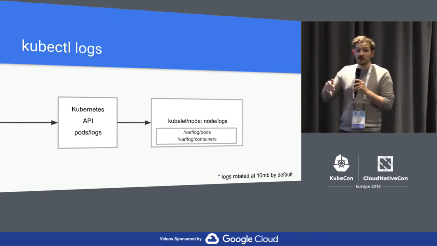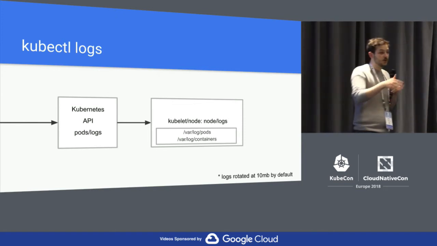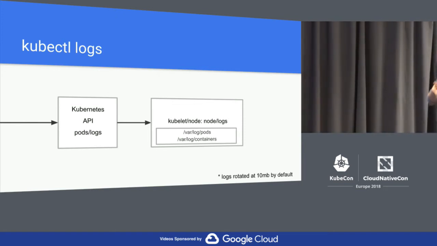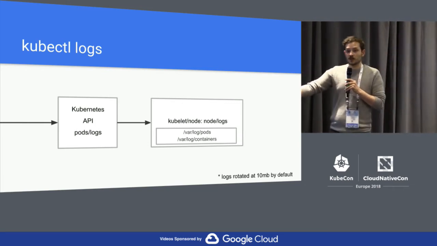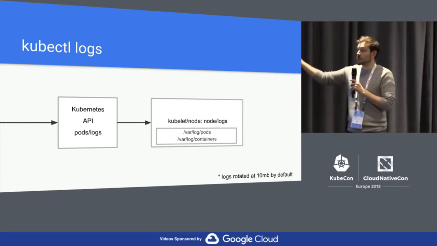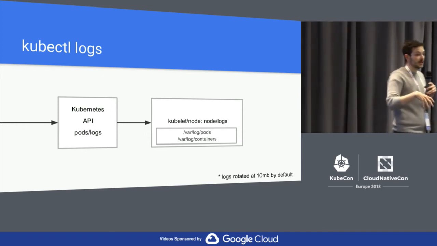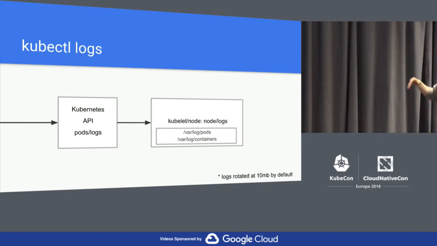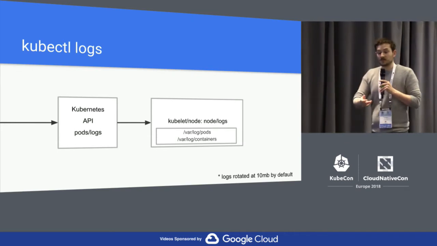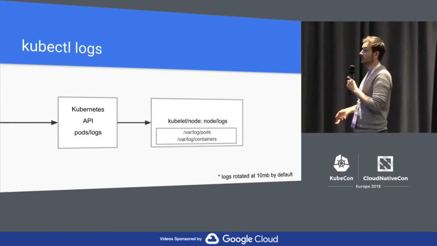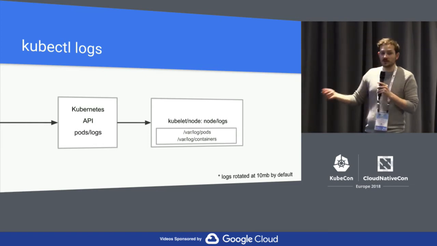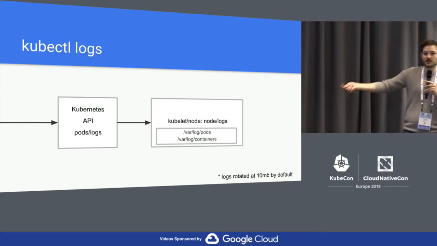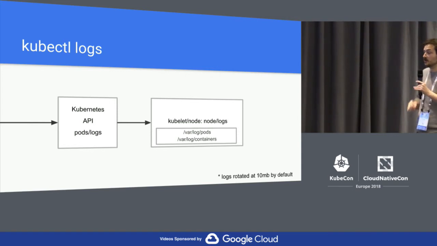And when you do that, the Kubernetes API server figures out on which node that particular pod is scheduled onto, and then does a request to that kubelet, which is then the node logs API on the kubelet API. And the kubelet really just basically reads that log file and just sends it back. And if you tail, then all of this is a WebSocket basically, and all of this information is then transferred